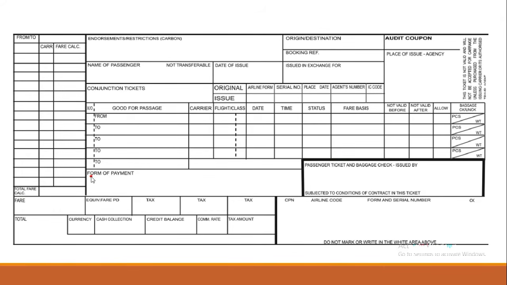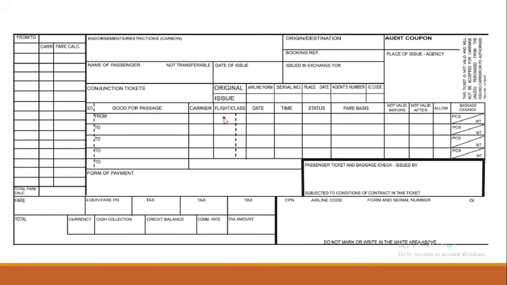Then you are met with the flight schedule. So here you must write out the cities in their full names. So in this section you will write JNB, and then in this section you will write the full city's name, Johannesburg. Then from there you write the carrier, which is the airline, the flight number and the class of travel. I know the space is a bit tiny, but please make it work.